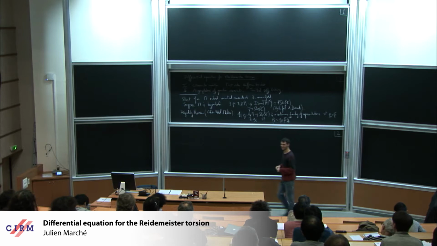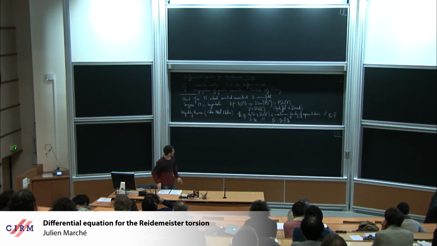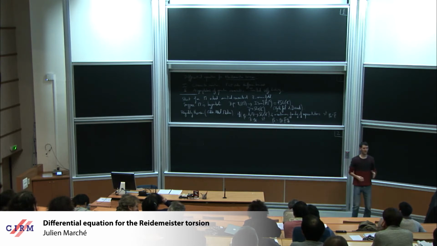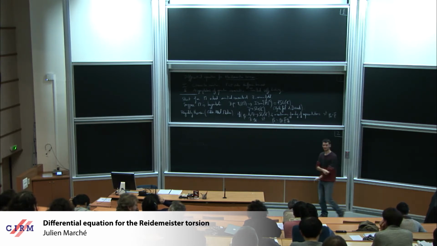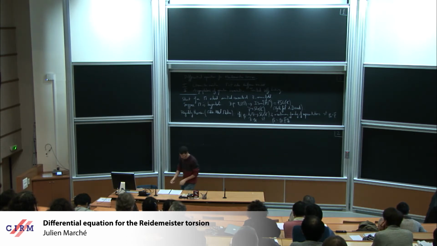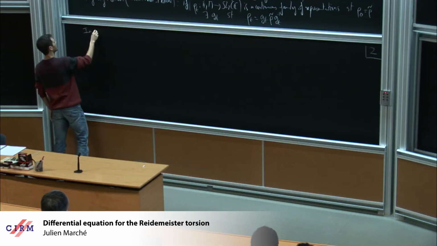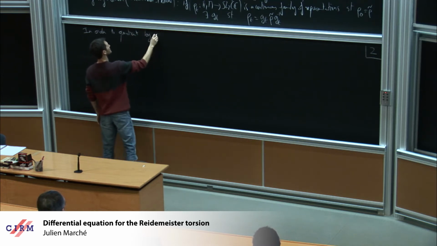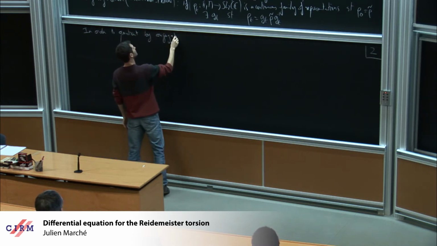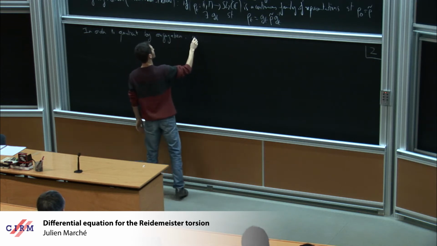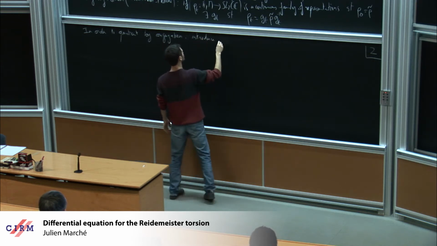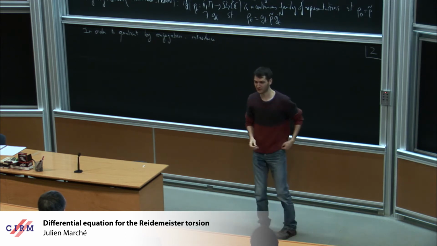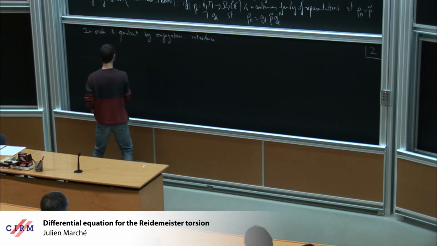Okay, is that okay? In order to identify, this is a conjugation equivalence. I would like to say that these two representations are indeed the same. There is a useful trick to define this character variety, so let me recall how it is defined. In order to quotient by conjugation, we introduce something which is slightly more complicated than just the quotient by conjugation. It is a character variety.